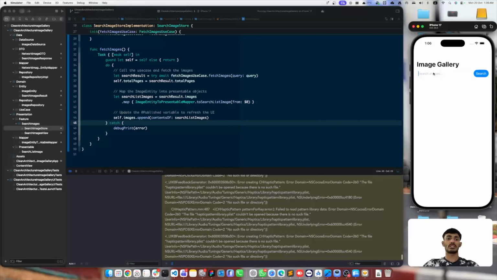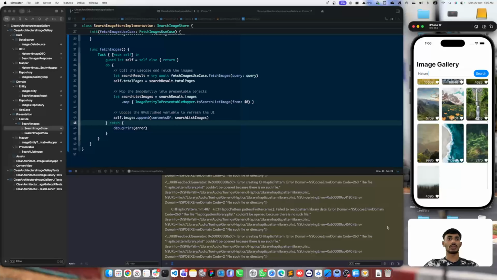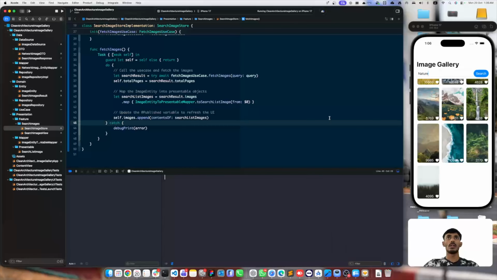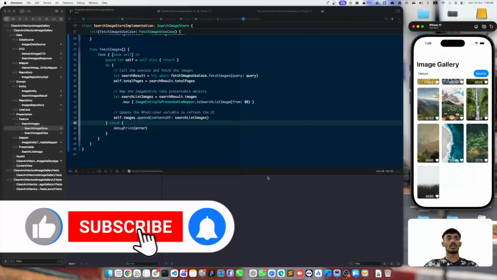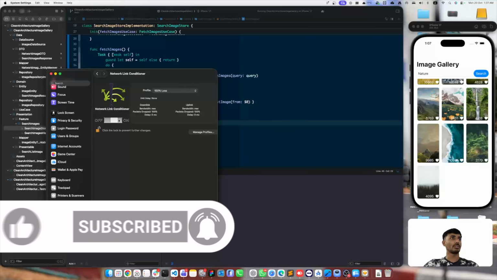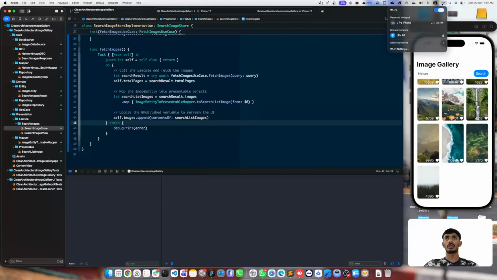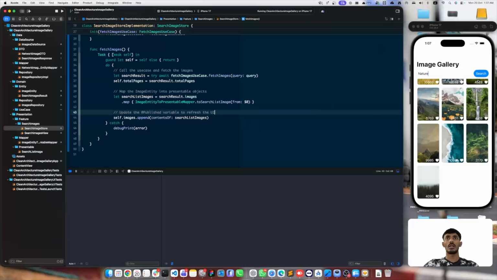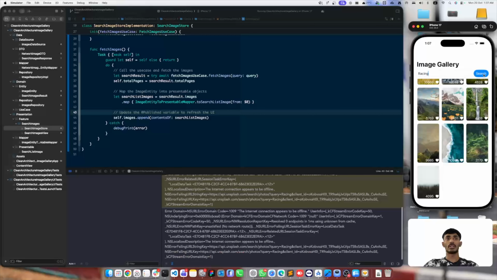I'm going to perform a search query. We got the response successfully. Now what I'm going to do is turn off my Wi-Fi on this computer and also make sure no data is getting transferred. So I'm turning on my network link conditioner. It's going to be 100% loss, and I'm also going to turn off my Wi-Fi here, and I'm going to search for tracing and click search,